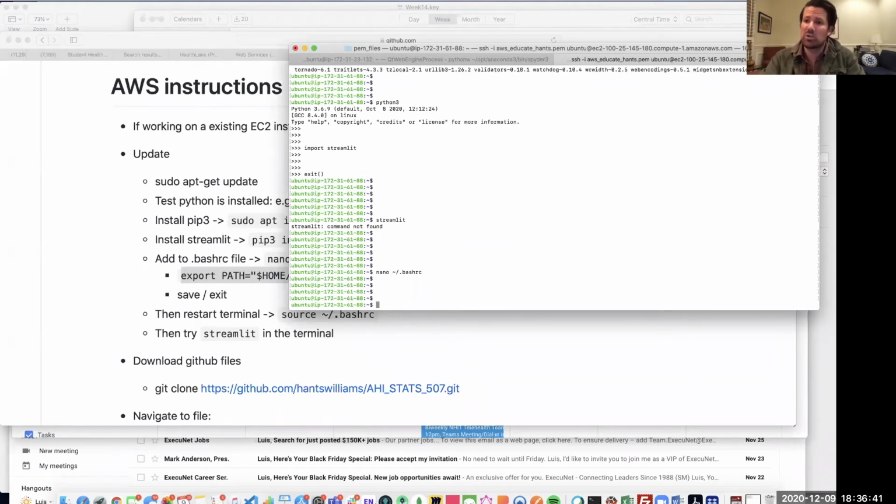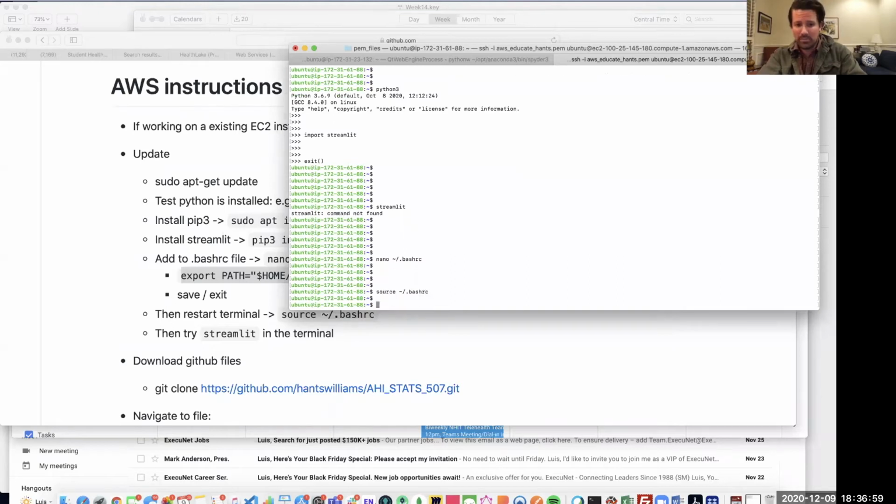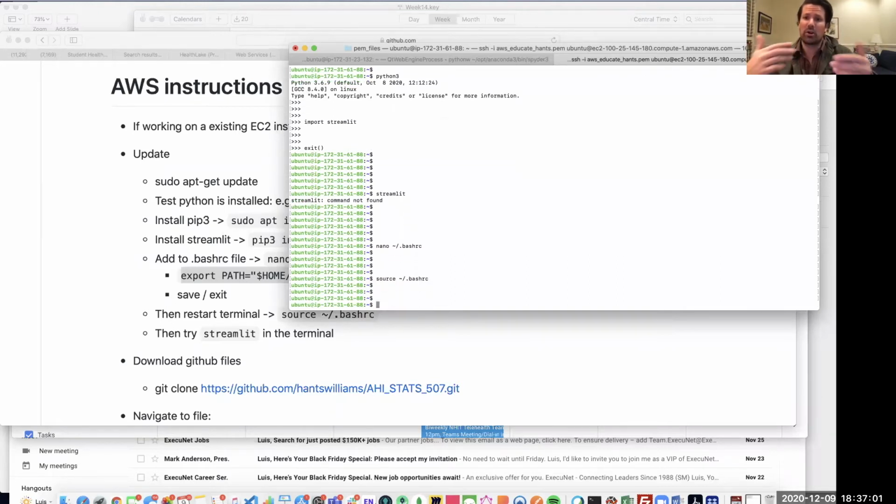Very similar to what we were working with on Monday: when I made a change to a configuration file for SQL, we then needed to restart that SQL process. So what we would do is run this source ~/.bashrc command to restart. Now if I type in streamlit,